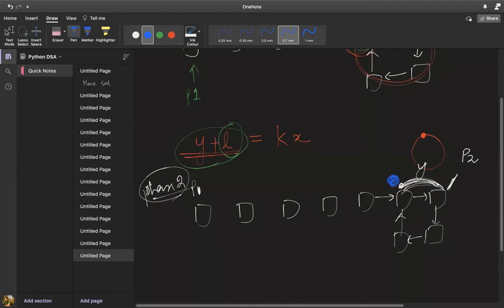Yes. P2 will move L length. So it was at Y, so now Y plus L, as we know that it is a factor of K. That means it will be a complete revolution, so it will be also here as well. From the derivation, we get to know that if they both move L distance,